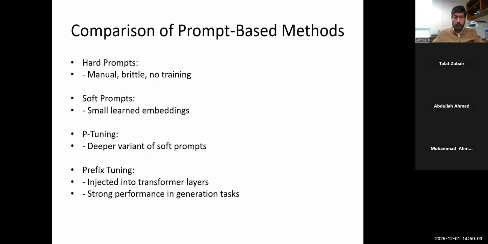So this slide gives you a comparison. So hard prompt of course वो in context learning है. So this manual, it's usually brittle, fails or works, and there is no training. So if you talk about soft prompt, which is maybe in the embedding layer, okay, so you basically learn the embeddings and maybe a few examples से आप उसको adapt कर सकेंगे. You don't need too many examples.